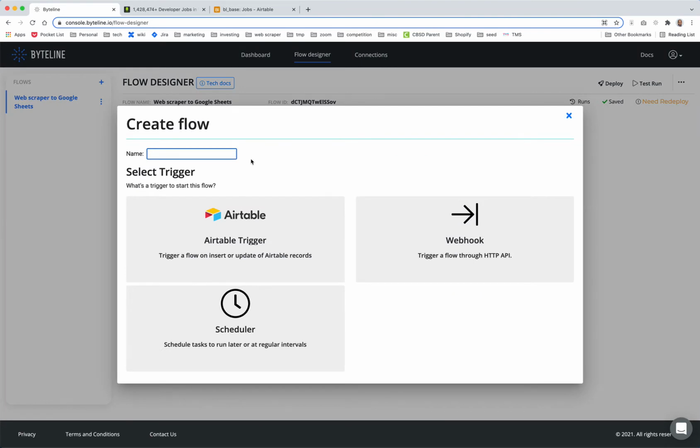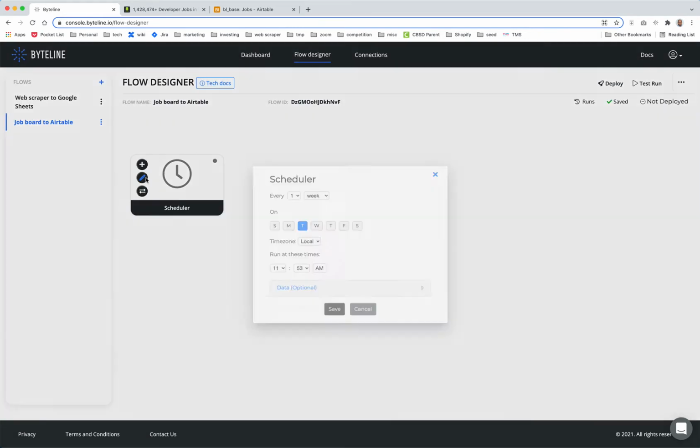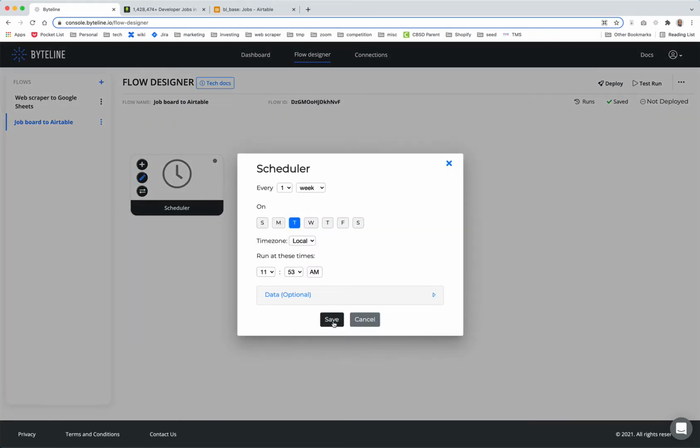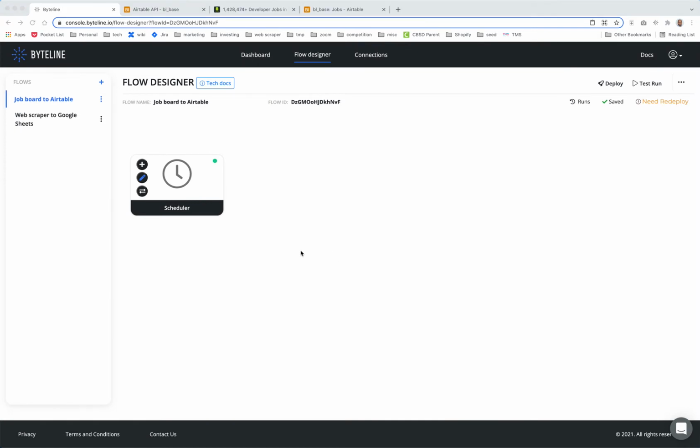I will call it job board to Airtable, and for the trigger I'm gonna pick a scheduler, and let's just keep the default values for the scheduler. Now the next task we need to configure is web scraper,